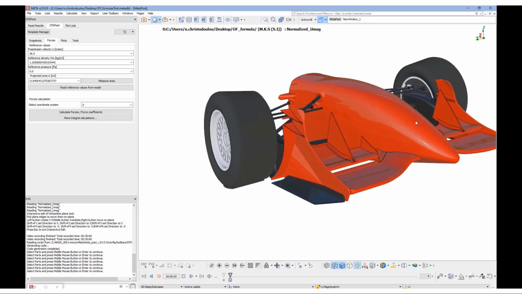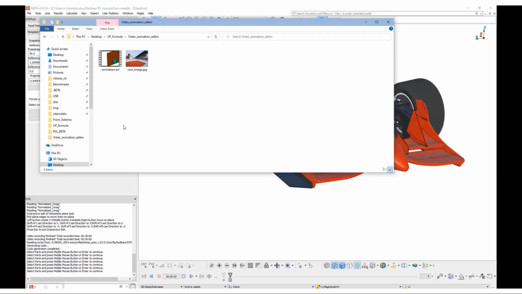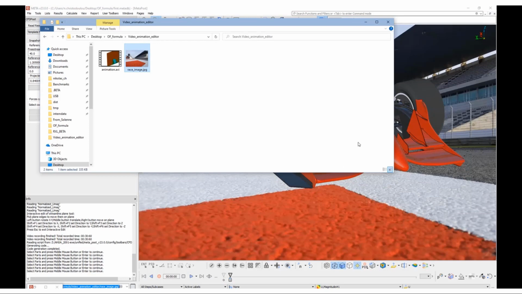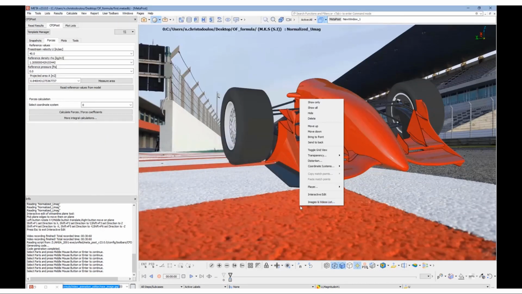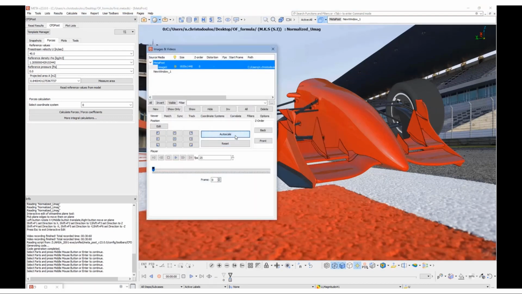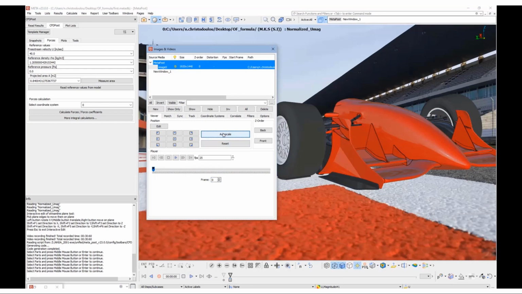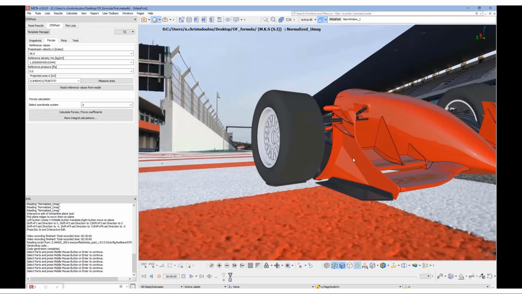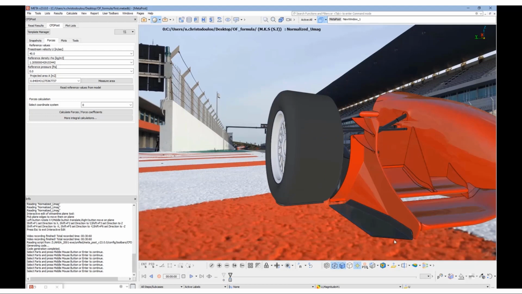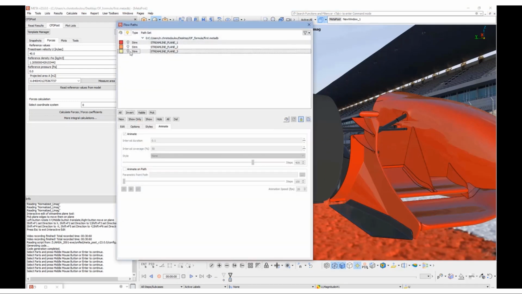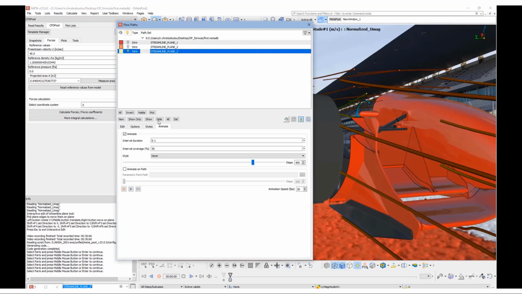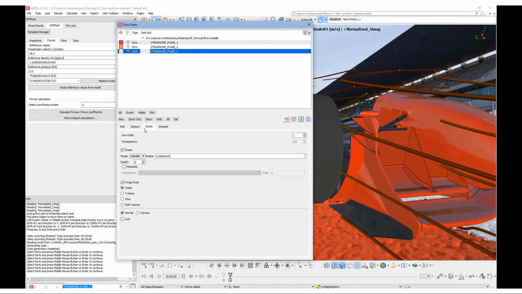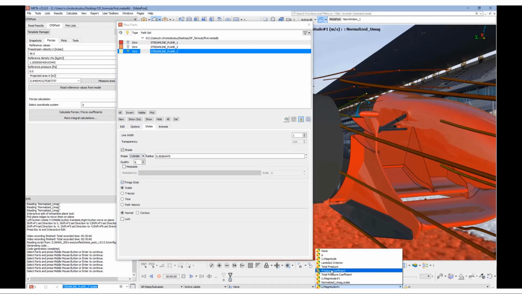Finally, let's bring a background image and fit the model, showing some streamlines as well. We can auto-scale the image in order to fit properly to the model. Let's select as a result for the streamlines to be colored based on the pressure coefficient.